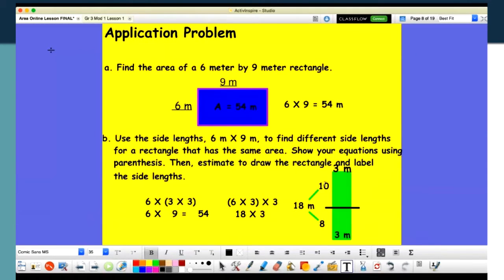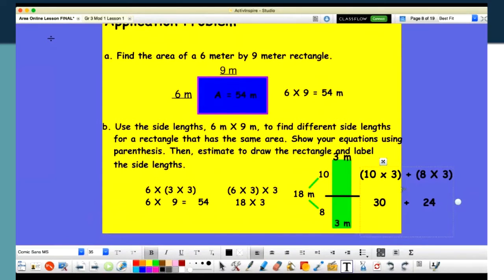So basically, to find the answer to this, now I could say 10, put that in parentheses, times 3, and then a plus sign. And down here for this rectangle, I would multiply 8 times 3 in parentheses. So now I can solve. I know that 10 times 3 is 30. Bring down my plus sign, and I know that 8 times 3 is 24. And when I add 30